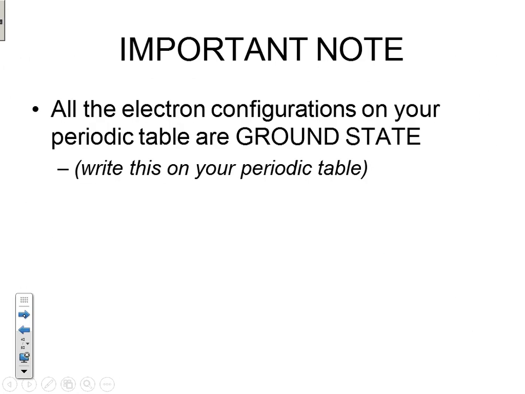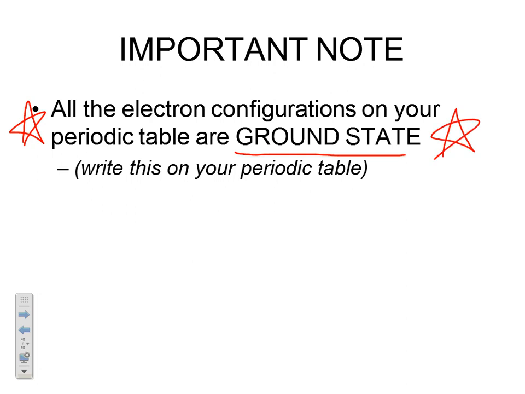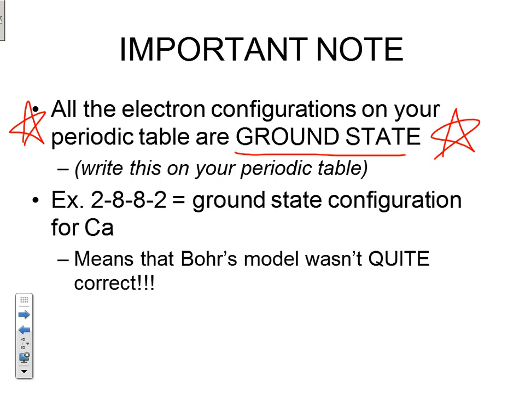Now, a comment about this, and this is a really huge thing, so I want you to open up your periodic table. All of the electron configurations that are on your periodic table are ground state. So I want you to write in, on the side or somewhere on your periodic table, ground state electron configurations. Now I bring this up because if you look, for example, at calcium, its electron configuration is